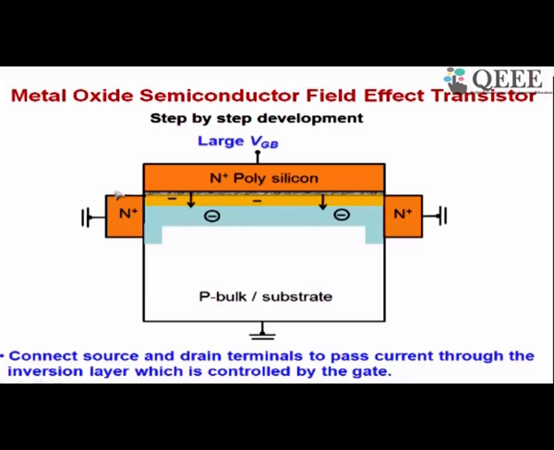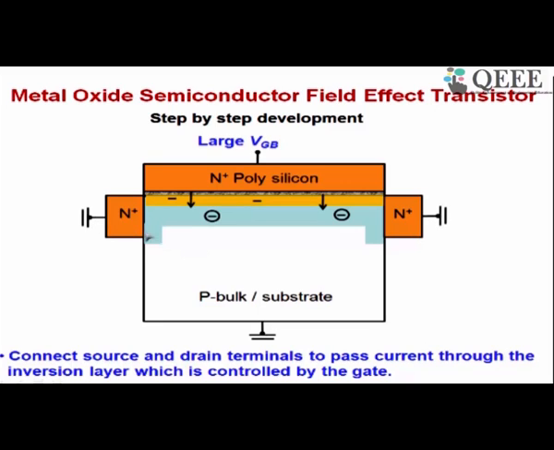That is why I have brought in two n plus regions, one on the left and the other on the right. This n plus region also has a large number of electrons. Therefore, there is no contact resistance between this region and the inversion layer. This happens here as well as at this other end. Right now I have shown the two regions to be grounded for simplicity.